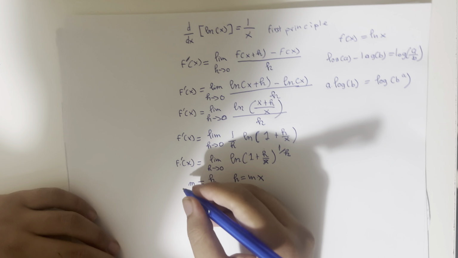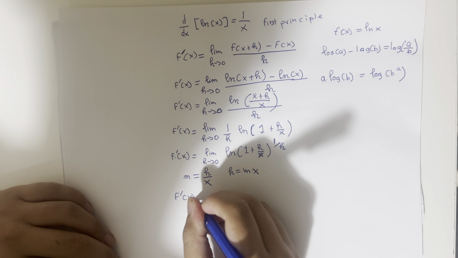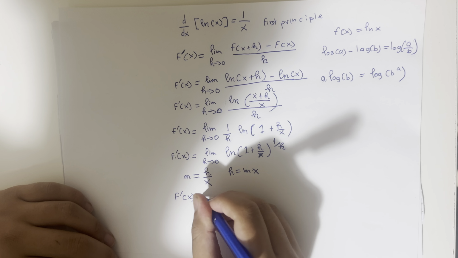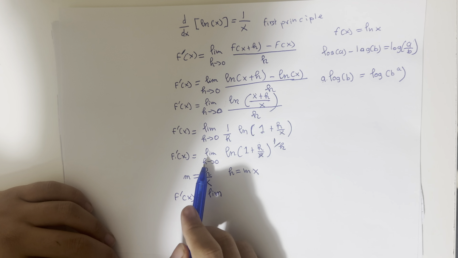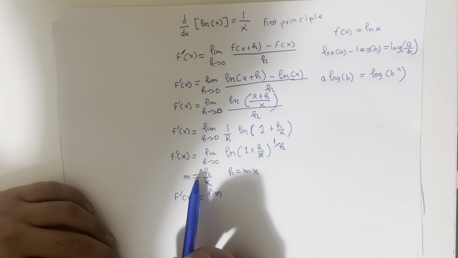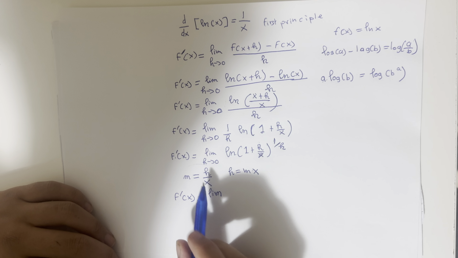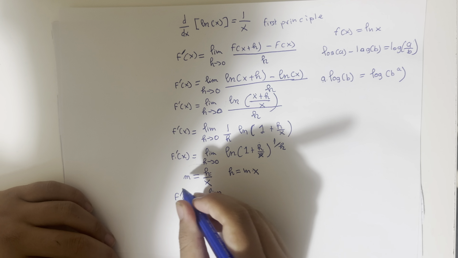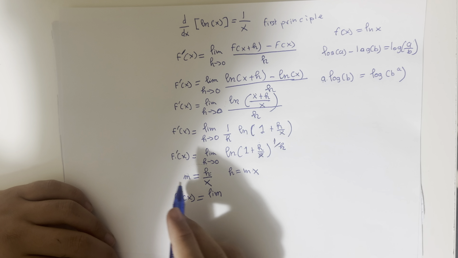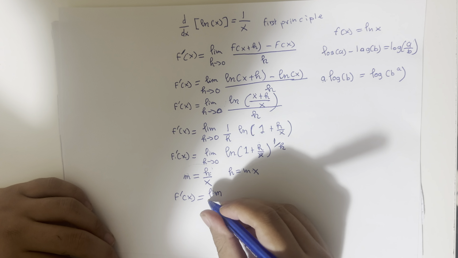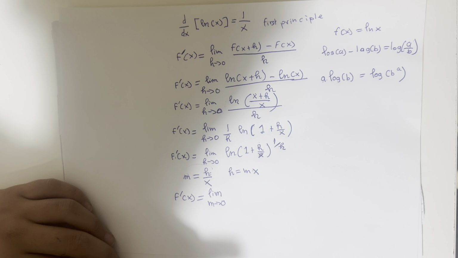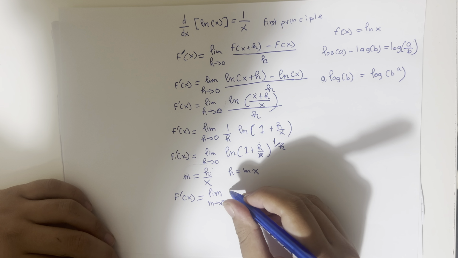Now I'm going to replace these over here. So I rewrite this: f prime of x is equal to the limit as, now it's not going to be h approaches 0. We're going to want m over here. Now as h approaches 0, we need to decide what m approaches. If we look at this function here, as h goes to 0, m is also going to go to 0, since the numerator is going to be 0, and 0 divided by anything non-zero is 0. So we have the limit as m approaches 0